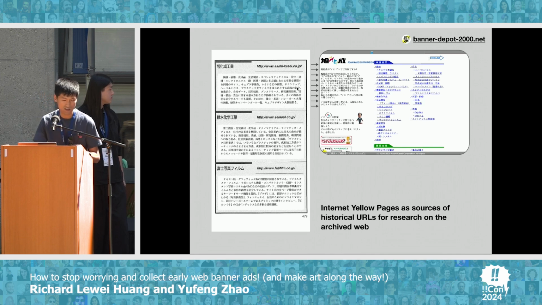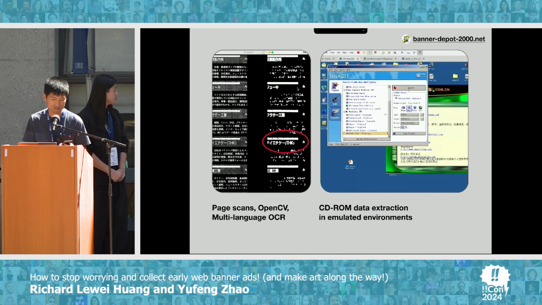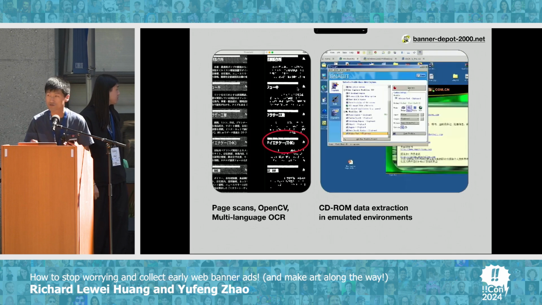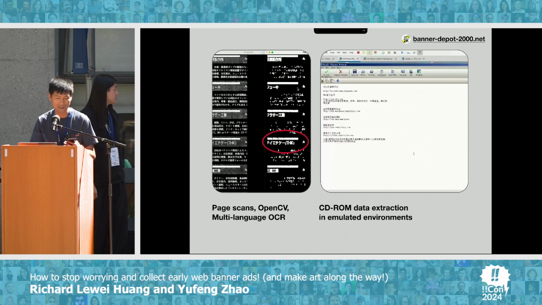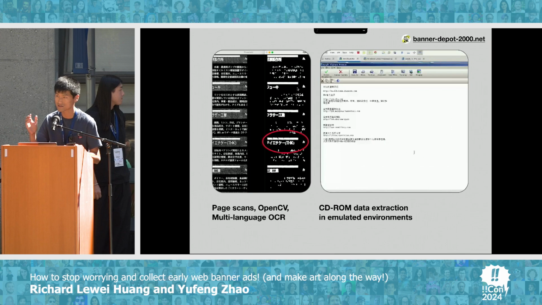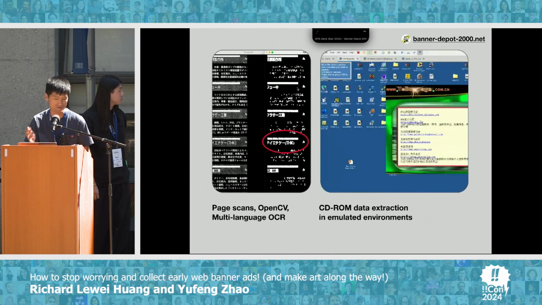So I started to collect these books from various sources in different languages, and my original research idea, which I'm still working on, is to do a comparison of late 90s web page archival rates between different languages. To do this, the first step will be to extract all the URLs from the physical books. We have developed two workflows to do that. For the physical books, we scanned and OCR'd each page to get the URLs out. And for some books that came with CD-ROMs, we ran the CD-ROM software on a virtual machine to extract the